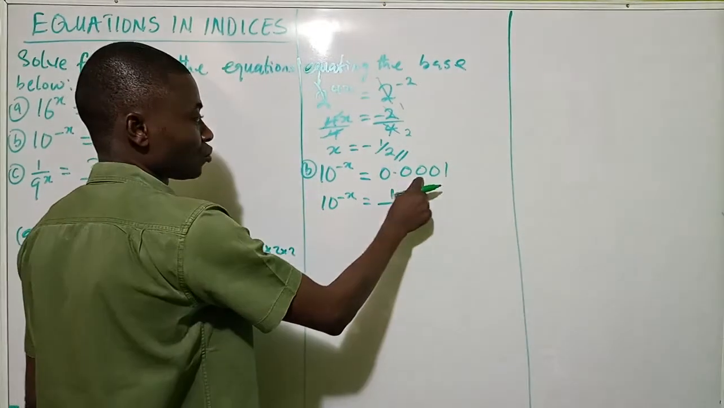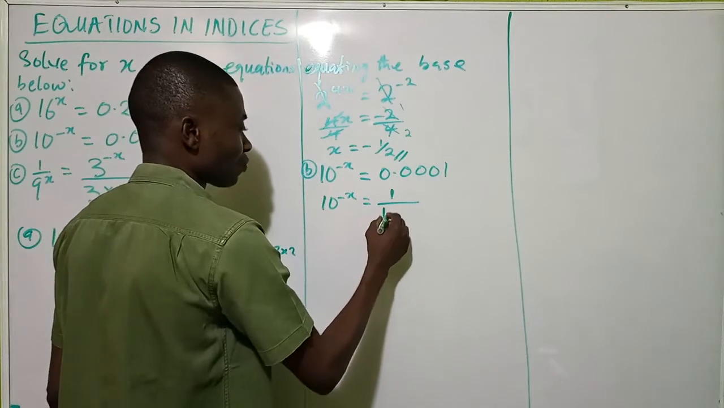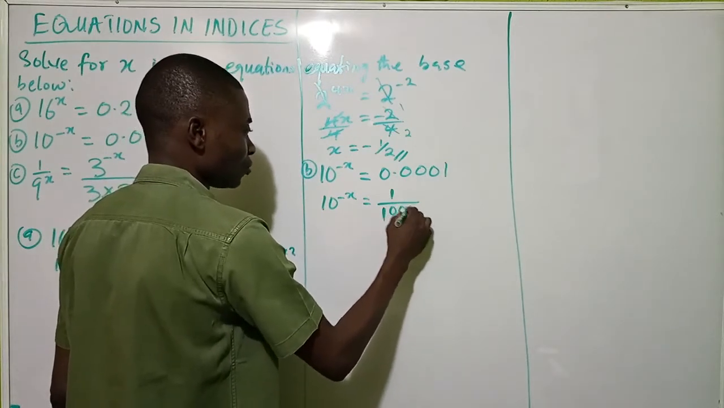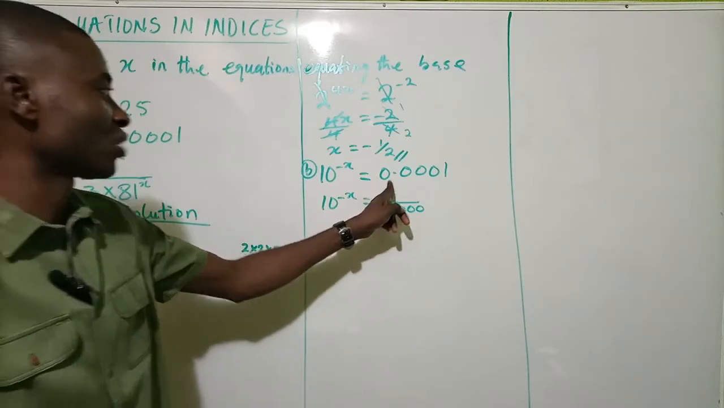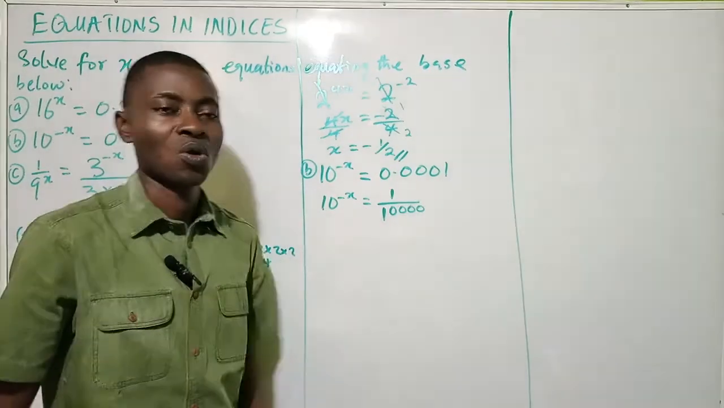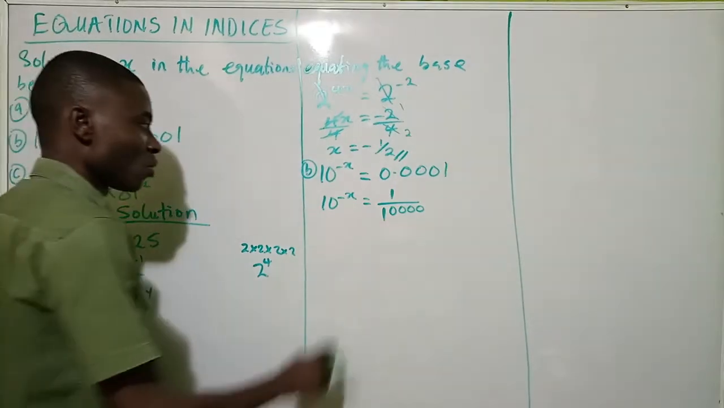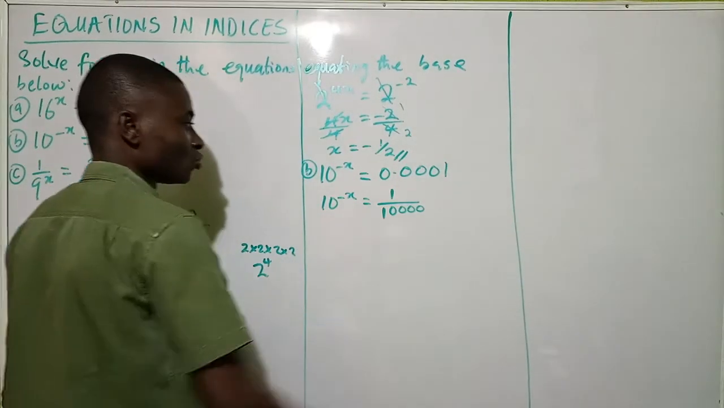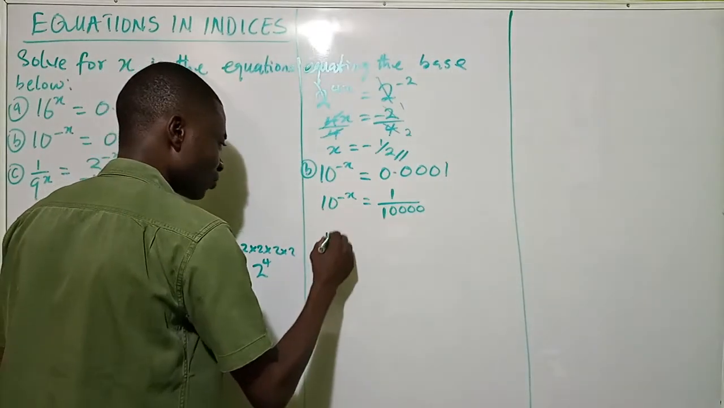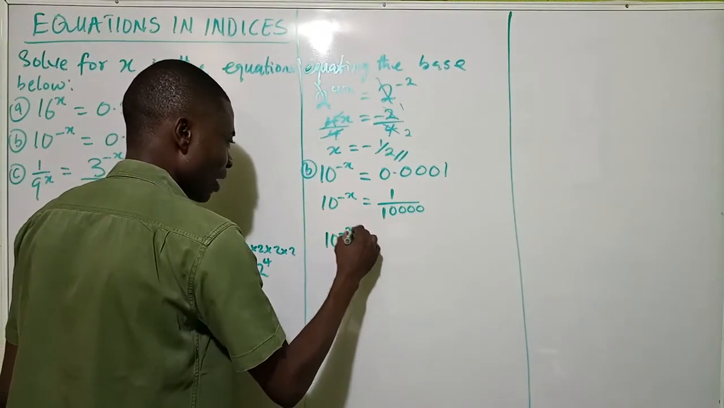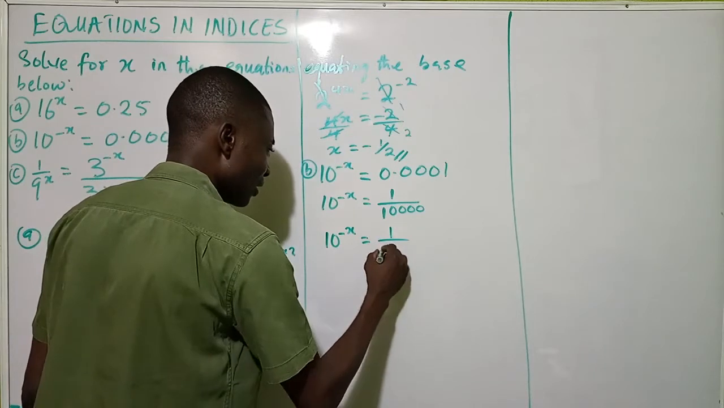Look at this one: 1, 2, 3, 4. That means just write 1 and then four zeros: 1, 0, 0, 0, 0. That is 10,000. So 1 over 10,000 is equal to 0.0001. That is it. So now, look at 10 and 10,000. What is their common factor? You agree with me that 10 is their common factor. So this is 10 raised to the power of minus x equals 1 over 10